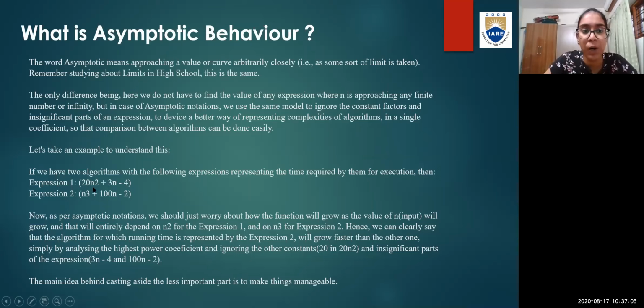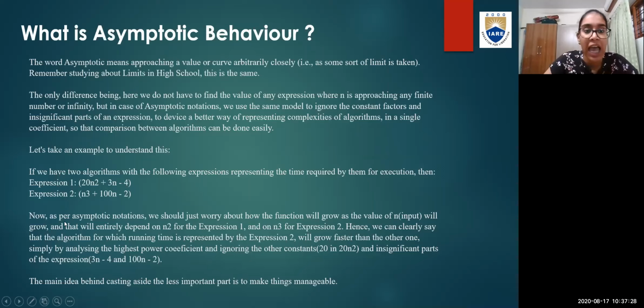So we just see about n square and n cube. That is like asymptotic notation. We just worry about how the function will grow as the input will grow. We do not worry about the constant terms, and we do not worry about the insignificant parts. Now, as per asymptotic notations, we should just worry about how the function will grow as the value of n